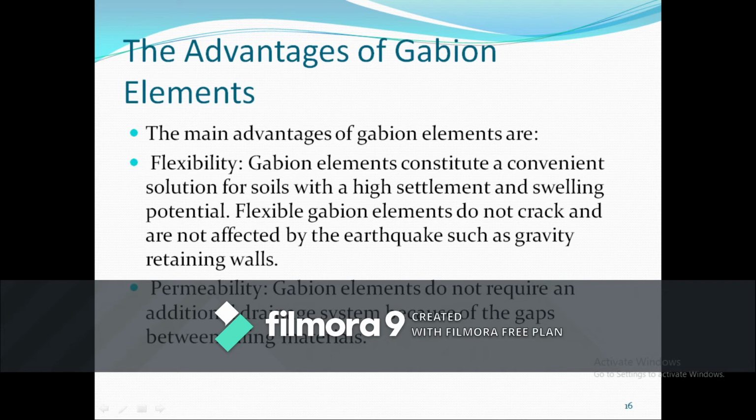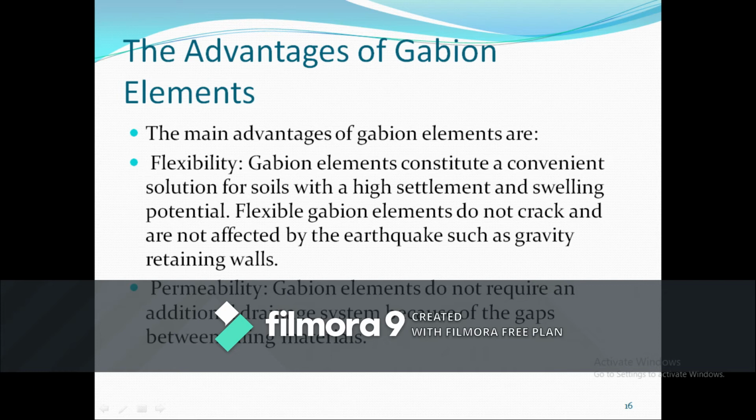What is permeability? Gabion elements do not require an additional drainage system because of the gaps between the filling materials. See, whatever gabion element is there, whether it is meshing or a mattress or anything, all these are created by a mesh, and then you have baskets, gabion baskets or gabion wire mesh and all. This gabion element, you are filling it with rock elements.